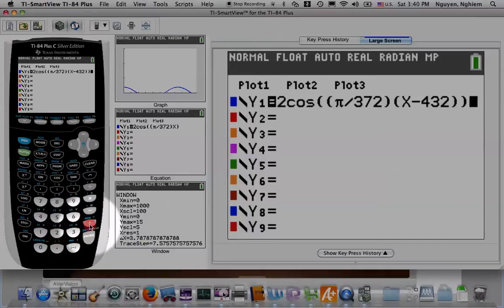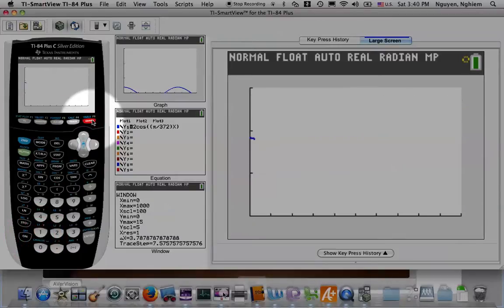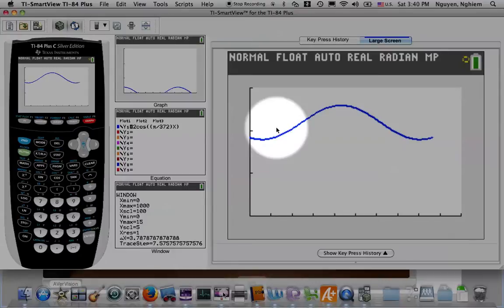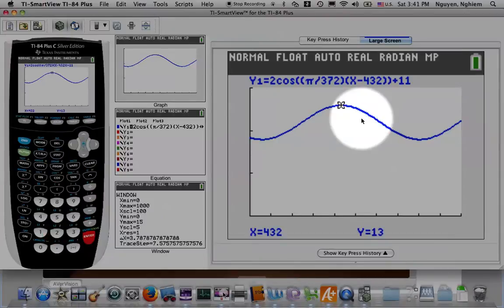So we're subtracting 11 to the outside. Hit graph, and you can see this graph starting to generate, and it's going to make quite a bit more sense here. And again, we can do this using the sine function as well, but just using cosine is much simpler for us and a little bit more straightforward, I think, because cosine has a max that occurs at 0 here instead of occurring way at some other point. So we should get 11, and not only that, it should,